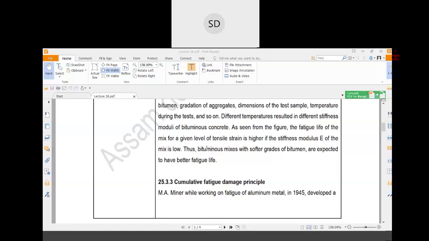Therefore, whenever you choose some bituminous gradation, that gradation should be suitable based on the different conditions, like the environmental condition where you will place that mix, and the strength parameters of the bituminous material. For this reason, you generally have to perform the ductility test, so that the bituminous material you use in that particular situation has enough ductility to take all the tensile stresses over there.